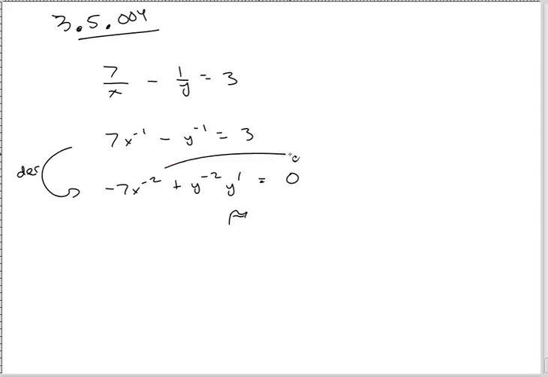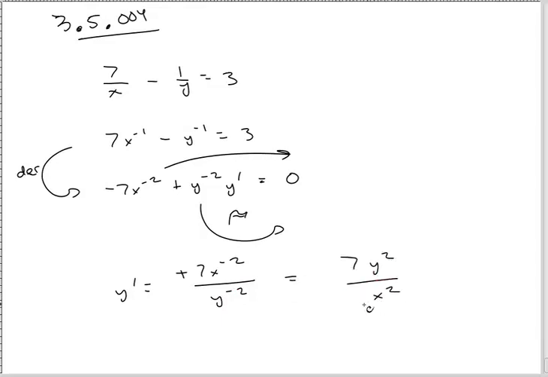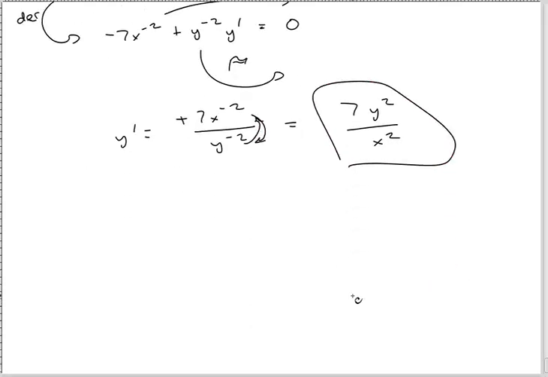I want y prime by itself, so move this over. I'm going to divide this to the other side. And so we got y prime is equal to negative 7x to the negative 2, that's going to be a positive, positive 7x to the negative 2 divided by y to the negative 2. This is just weird. And so what you really want instead is this guy. Notice that he has a negative power, so he belongs down here, but this has a negative power, so it belongs up there. Anyways, there you go. So that's what I have boxed in, and we're done,